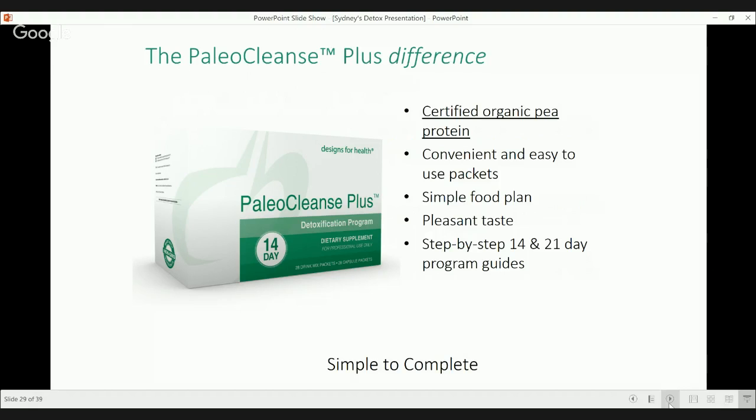So that brings us to the paleo cleanse. I've done a lot of detoxes over the years. Leisha, we've done some other detoxes together. Yes, we have. This is my favorite. I love the ingredients and I love how easy it is. We're now using a certified organic pea protein. This is non-GMO, North American, pure peas, and they're in convenient,